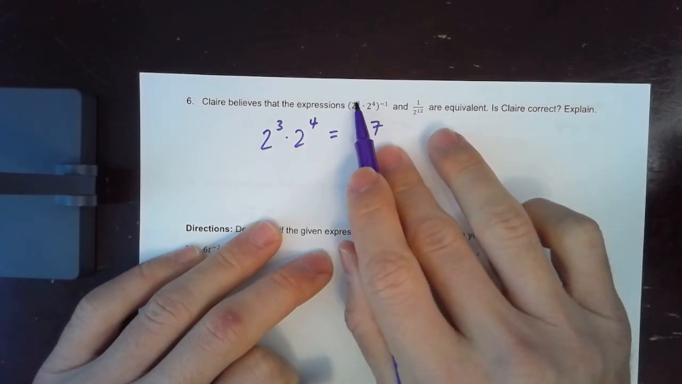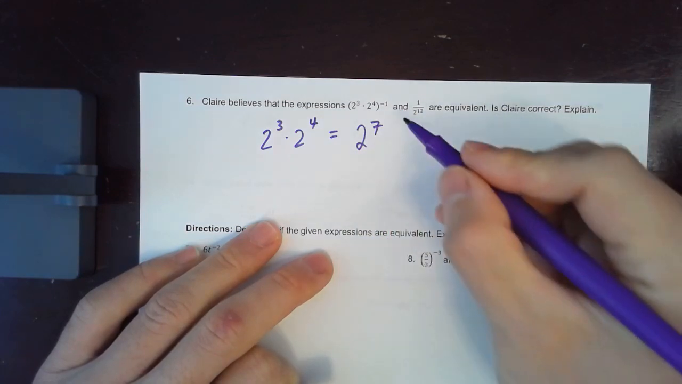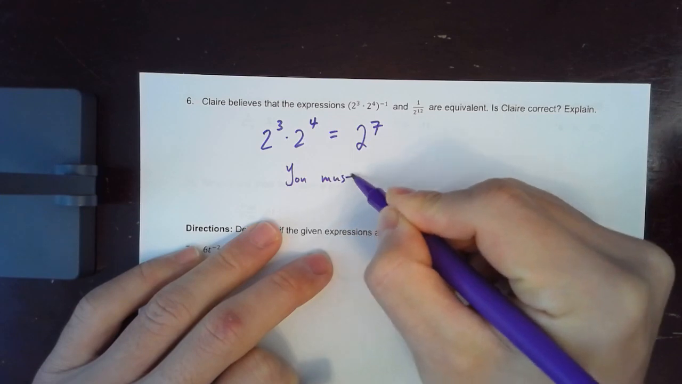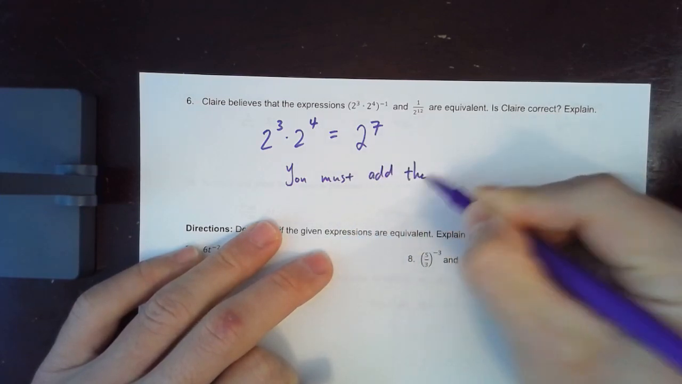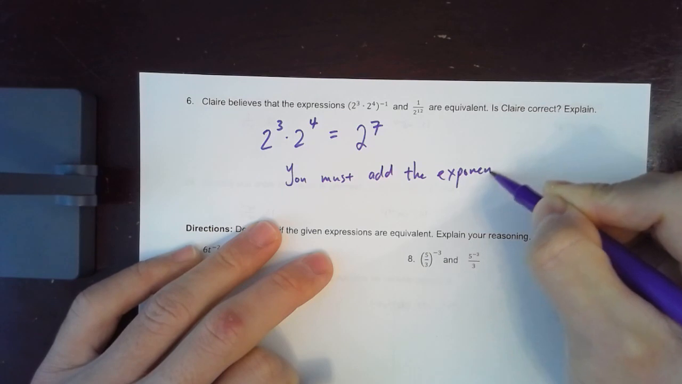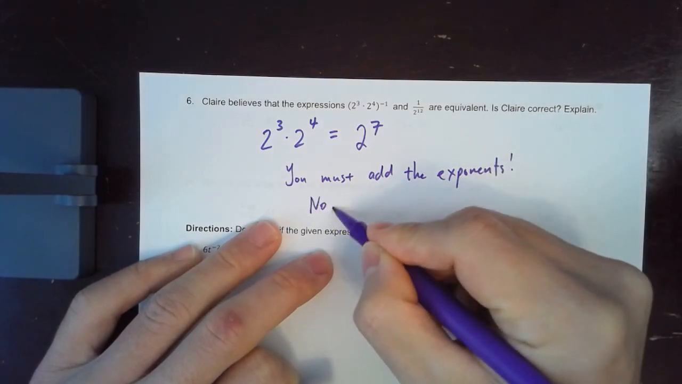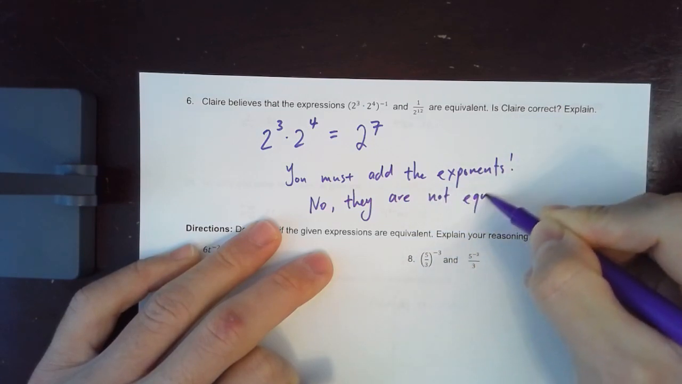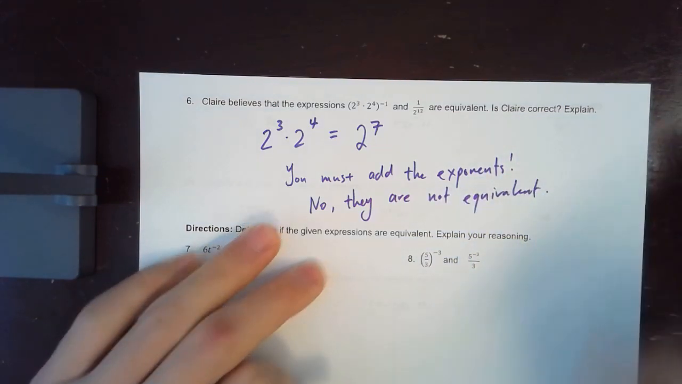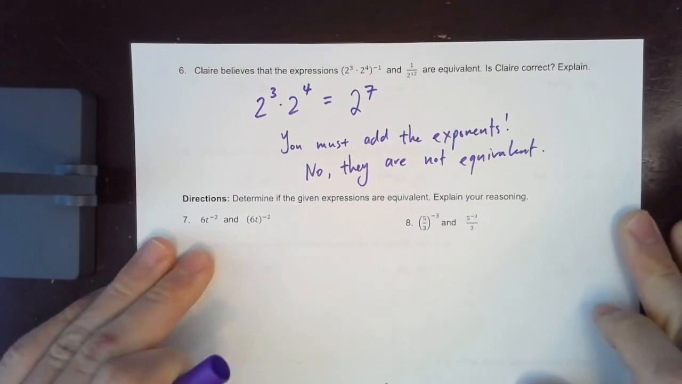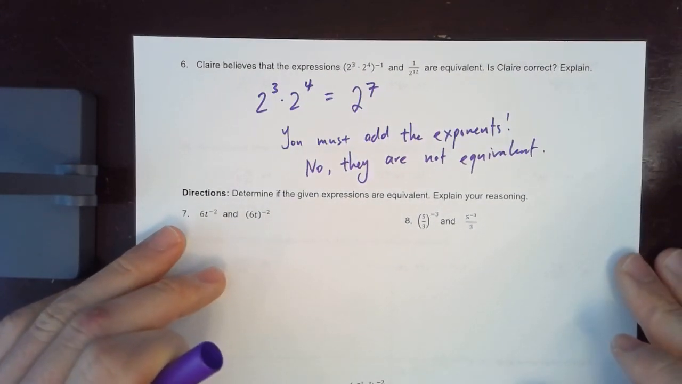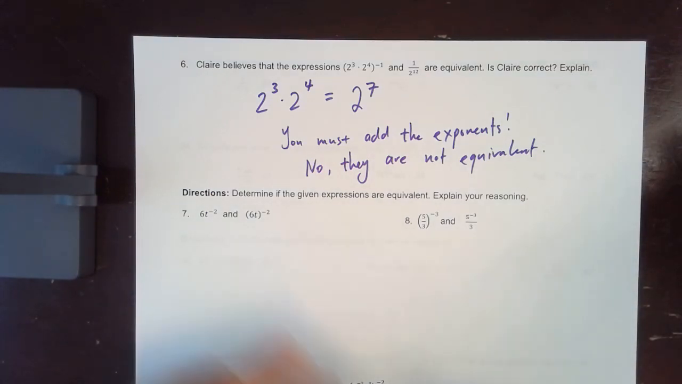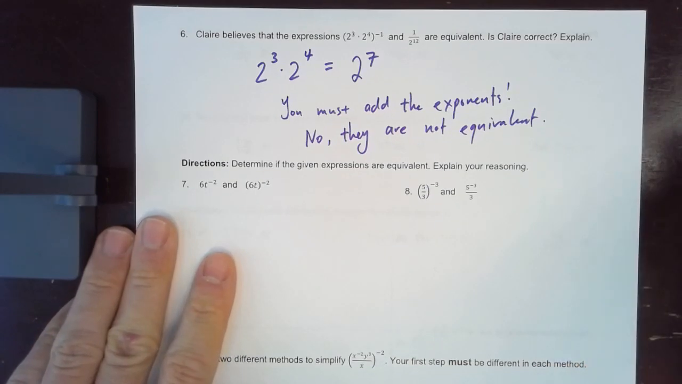If we were multiplying the powers, then it would be equivalent, but we're not. We're adding the powers. You must add the exponents in this case, right? So no, they are not equivalent. We're going through a lot of misconceptions in this lesson, so I hope you're paying attention. Okay, wow, 7 is also a very, very important